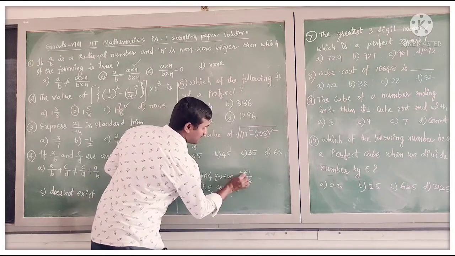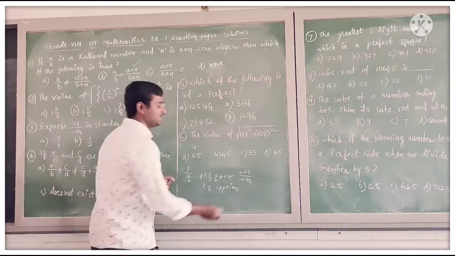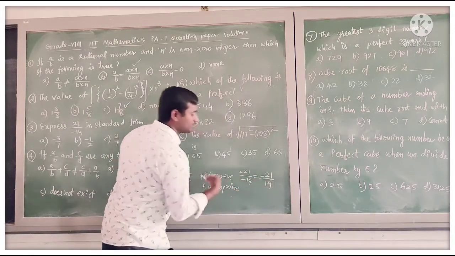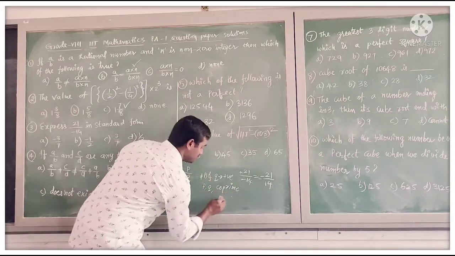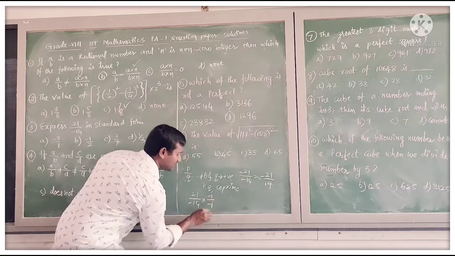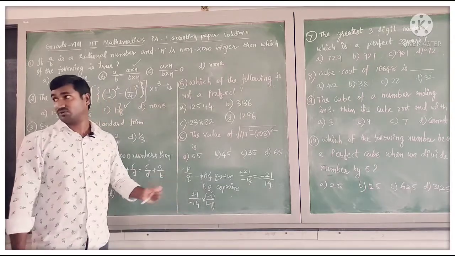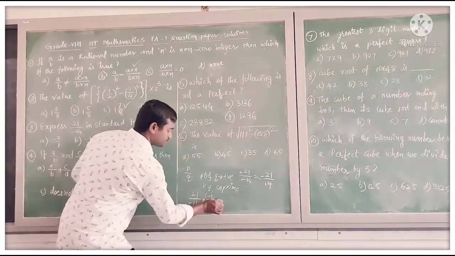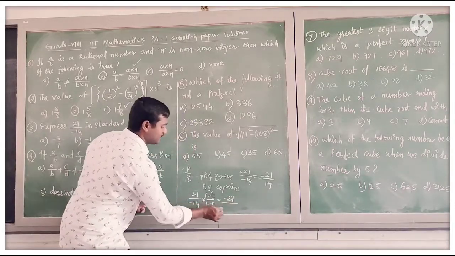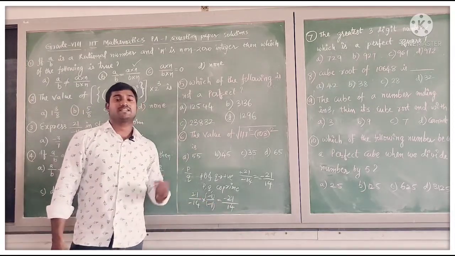That means a positive number by a negative number. Positive by negative, which value will you get? Negative value you will get. That I am putting in the numerator, minus 21 by 14. Or else you can try this one. For 21 by minus 14, you can multiply the same number in the numerator and denominator, minus 1 with minus 1. We will get an equivalent rational number only. So 21 into minus 1 is minus 21, by minus into minus is plus, 14 will come. So now the denominator becomes positive.